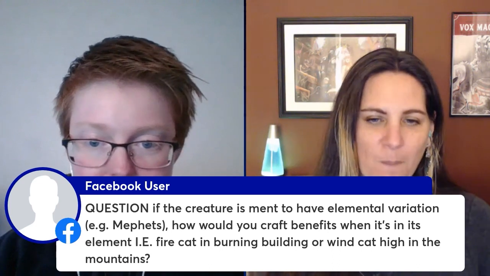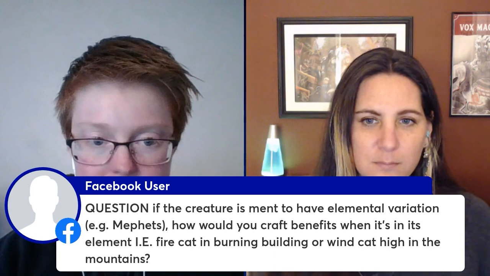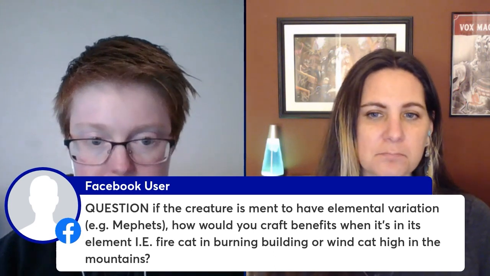If the creature's meant to have elemental variation, how would you craft benefits when it's in its element? Fire cat, burning building, wind cat, high in the mountains. I guess that's going to be similar to the camouflage thing, right? Because with the camouflage trait, they get advantage on stealth if they're in their environment. Yeah, I think maybe something like